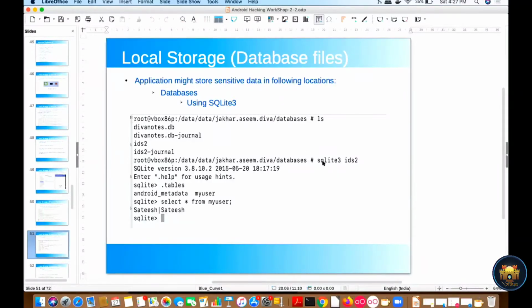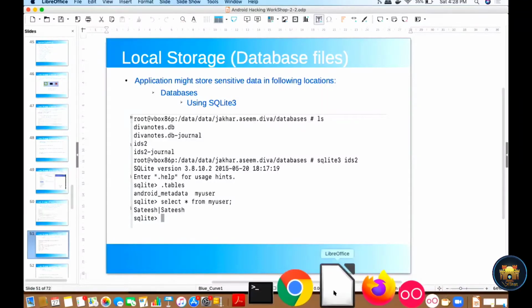I navigated to the database using the sqlite command, and if I type tables, it gives me the table names. Then I used a simple SQL query, which you all know: select star from myuser, and we get the information stored in that particular table. So let's move to the demo part.